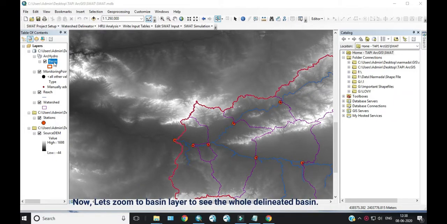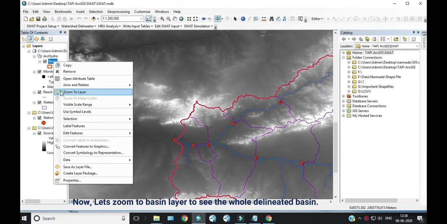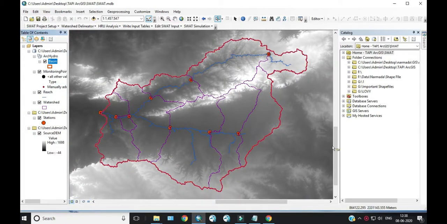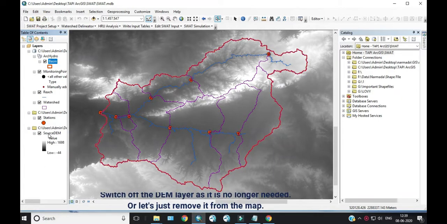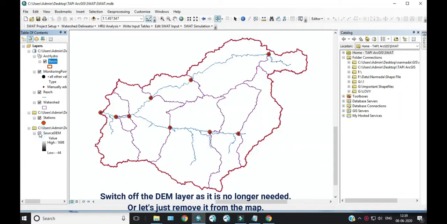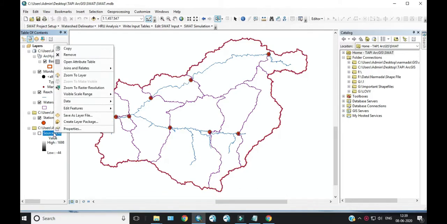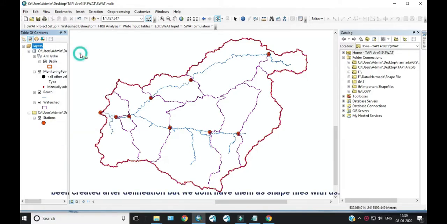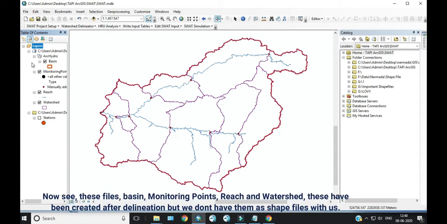Now let's zoom to basin layer to see the whole delineated basin. Switch off the DEM layer as it is no longer needed, or let's just remove it from the map. Now see these files: basin, monitoring points, reach and watershed.